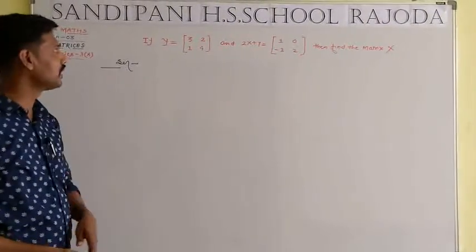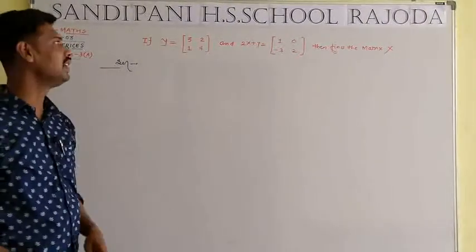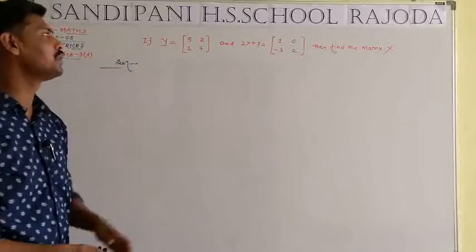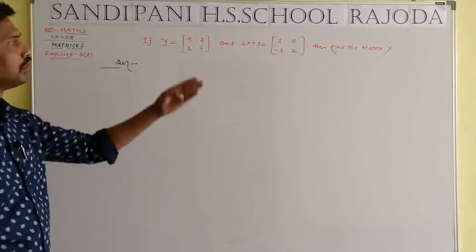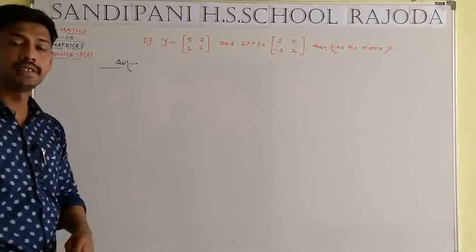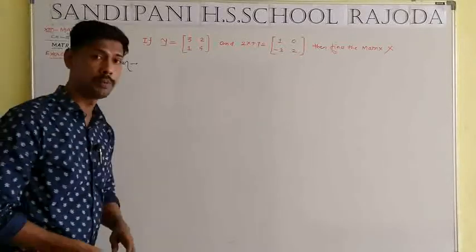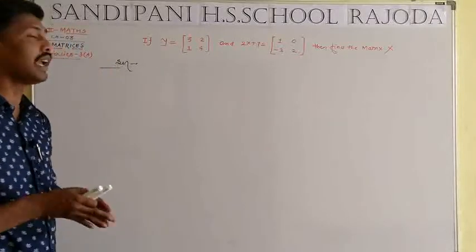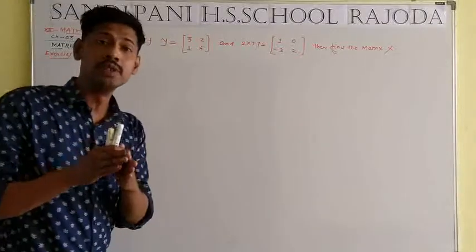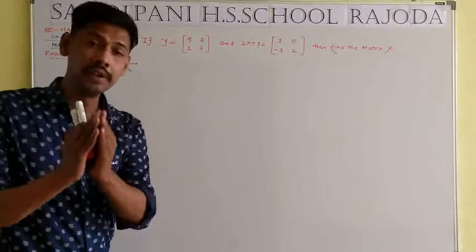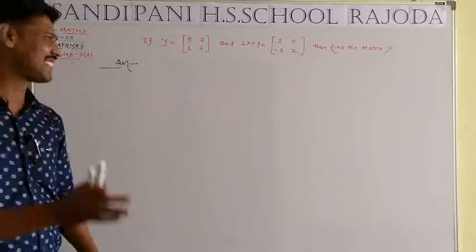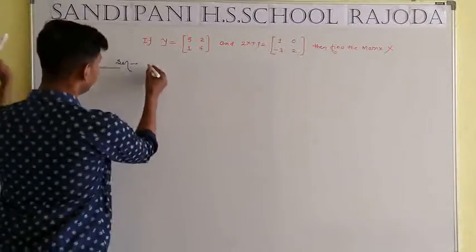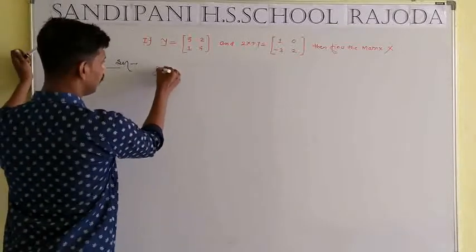Students, next question: if y equal to 3 2 1 4 and 2x plus y equal to 1 0 minus 3 and 2, then find the matrix x. What is the demand of the question? Matrix x. That means here x and y are not variables; here x and y are representatives of matrices. So students, solution: given that